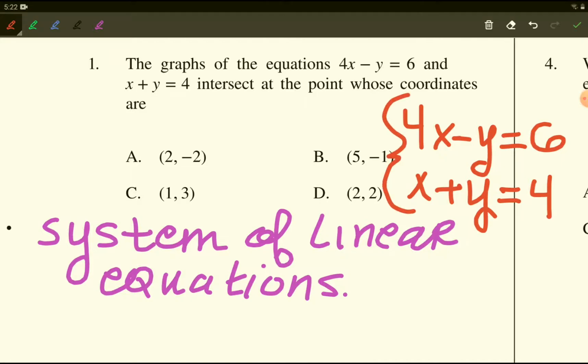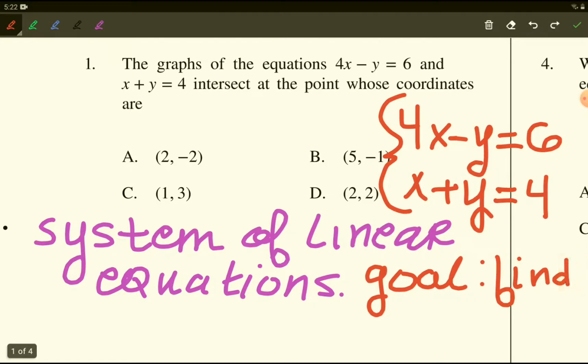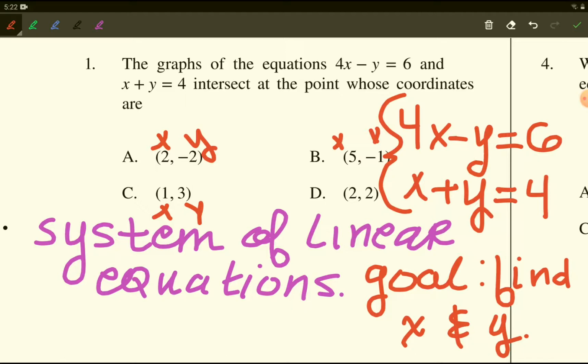And so the goal is to find x and y. So that's why they look like coordinate points, because that's the x, that's the y, x, y, x, y. Okay. Whatever. Okay, so if you guys remember, so I'm just going to go ahead and work out